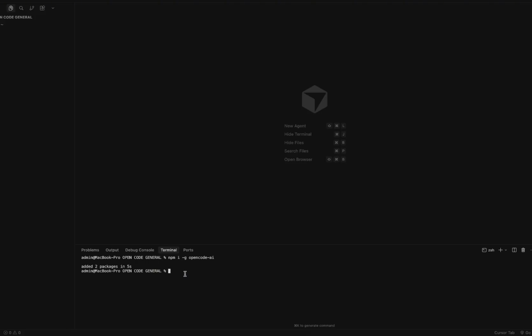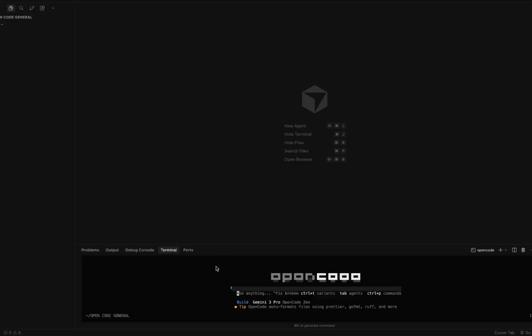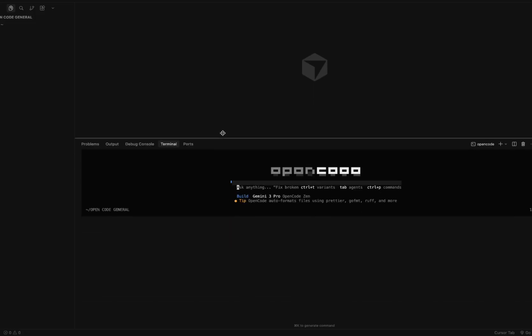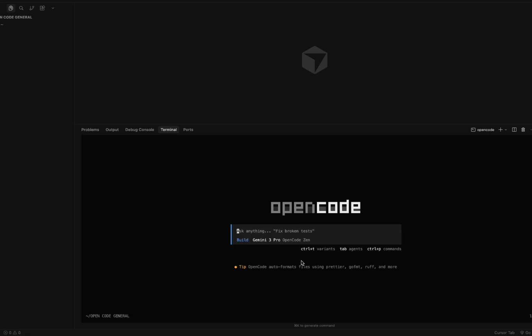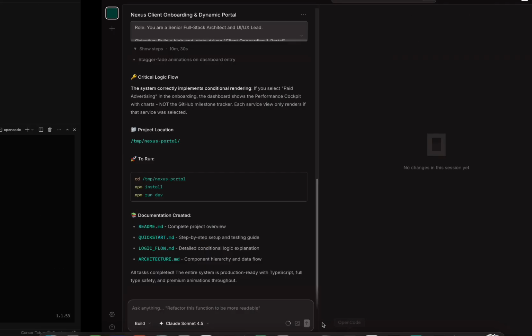But for us to open the OpenCode CLI, I'll just write in OpenCode. It will take some time to do some iterations, but it's going to open the OpenCode CLI. And this is it we have here. I could just drag this up here. Now, if you go to this particular section where you can choose your model, I don't see the ability to choose a model here just yet, but I feel like if I should go to my OpenCode terminal,